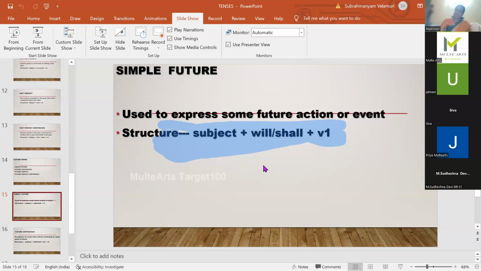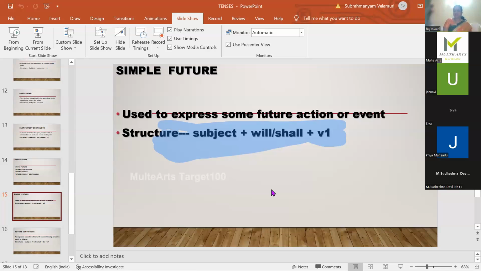But there are cases when we use will also with I and we. Shall is used when you are not sure. Supposing you ask your friend, are you going to come tomorrow? The friend says, I shall come. That means the friend is not sure whether he is going to come to class or not tomorrow. But if the friend says, I will come, why not? Definitely I will come tomorrow. When he's certain, when he's sure, when he's firm in his decision, you can use will.